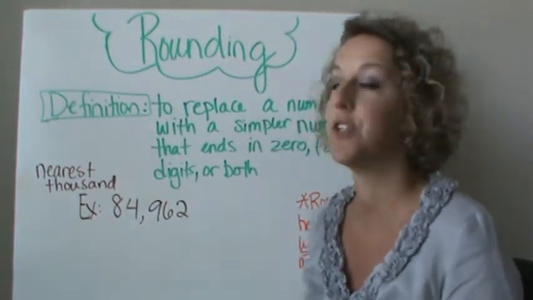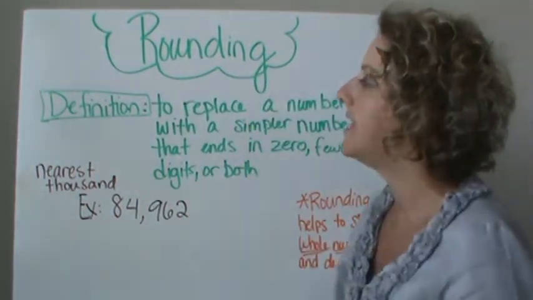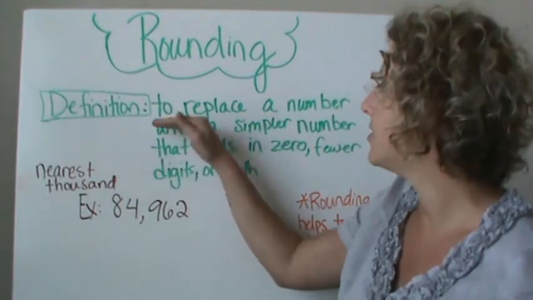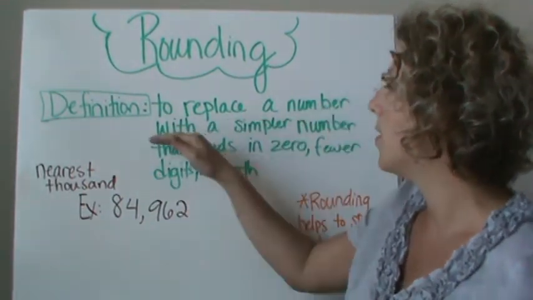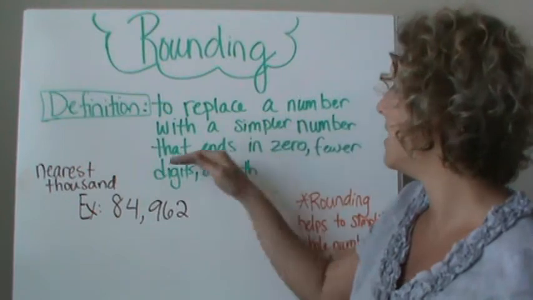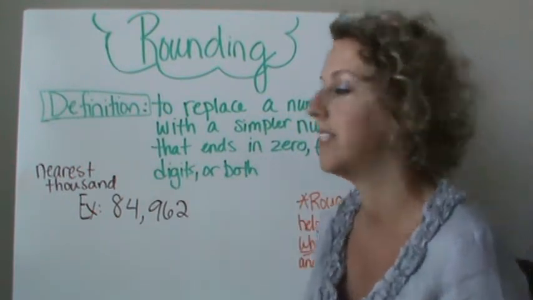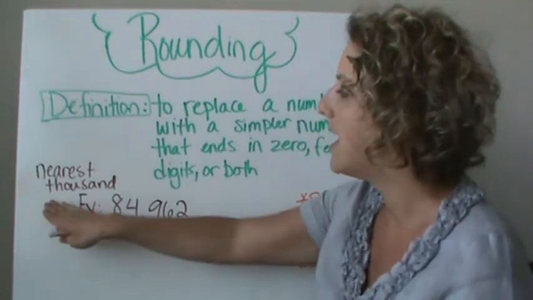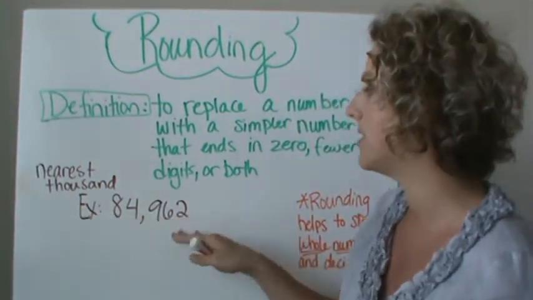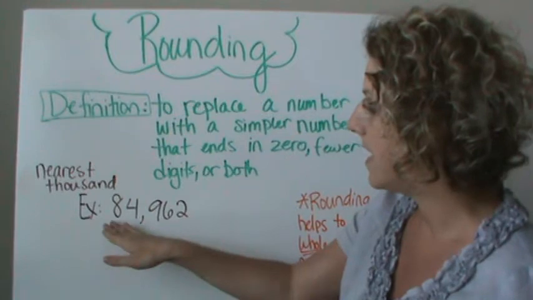This lesson is to teach rounding. The definition of rounding is to replace a number with a simpler number that ends in 0, fewer digits, or both. So let's look at an example. If we want to round this number to the nearest thousand,